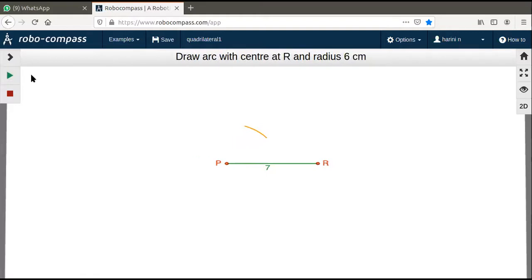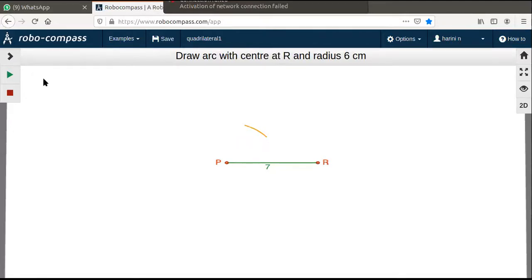All right, the first step is done. With P as center and radius 4 centimeters, you have cut an arc. Have you cut the arc? Yes, ma'am. Compass at P. Please remember, P as center and radius 4, your compass will be placed at P. And you know how to measure 4 centimeters in your compass? You have to keep it alongside the ruler, starting from 0. Pull your pencil till it reaches 4 centimeters. So that will give you a 4 centimeters arc.